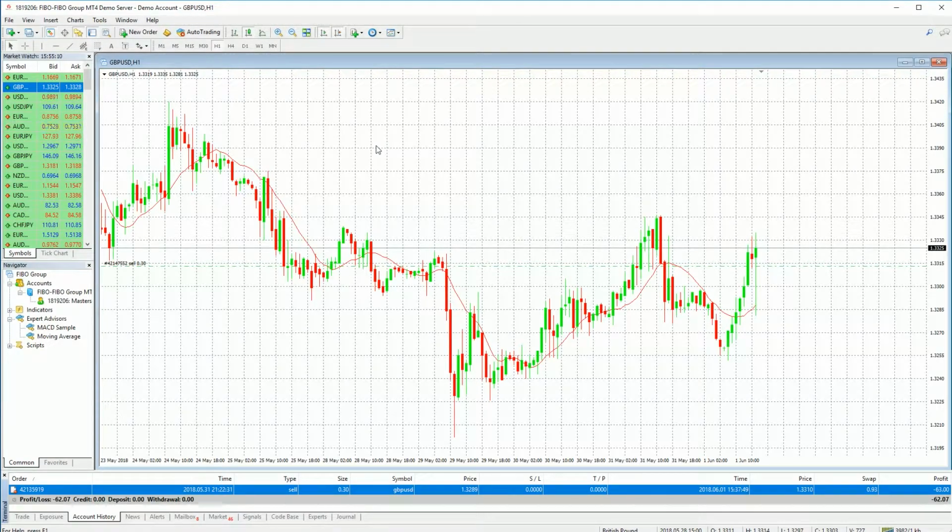Hi everybody, and welcome to FIBO Group's fourth tutorial on the Metatrader 4 platform. In this tutorial, we'll be looking at generating account reports and looking at workspace profiles, as well as changing our charting templates. If you go down to the bottom of the terminal window, you can see several tabs down here,